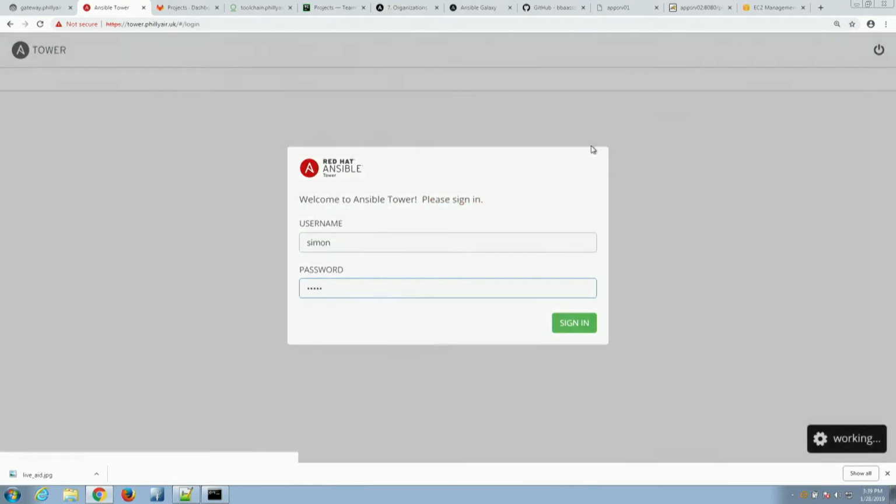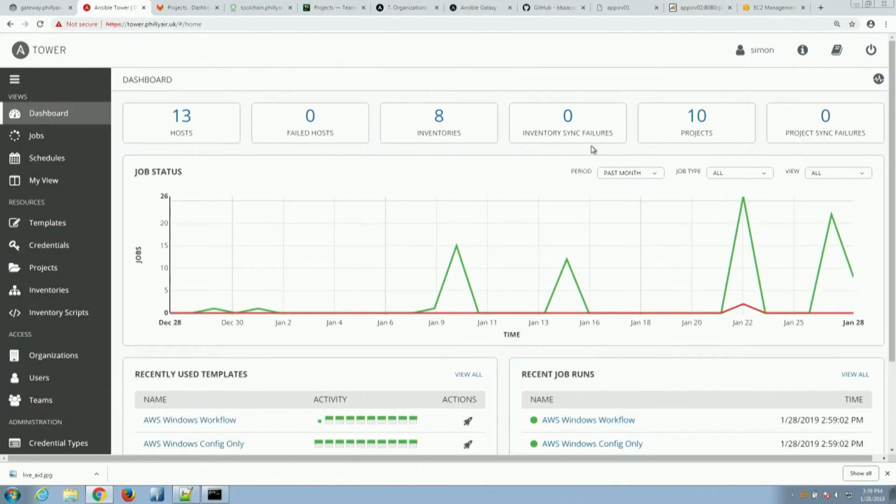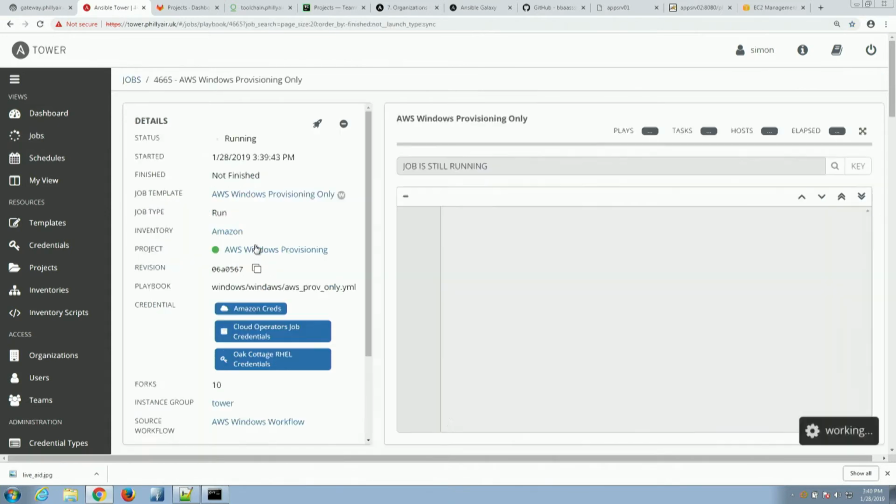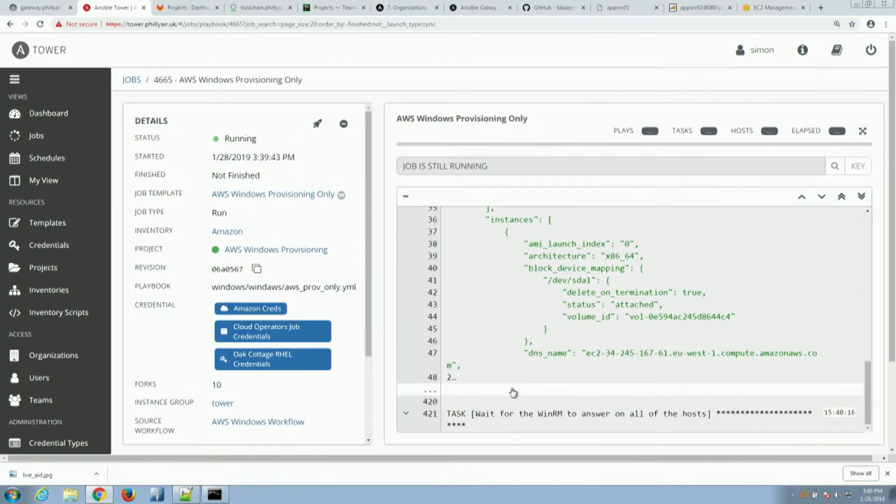And then I'll walk through the playbook, and you'll be able to see what that playbook's actually doing, so you can see what a provisioning playbook looks like. It's a demo playbook. It's not hardcore production grade Ansible. But hopefully you'll get an idea of the simplicity of it. So that job is now kicking off. The workflow's kicking off. It's now doing the provisioning part. We can see in Tower